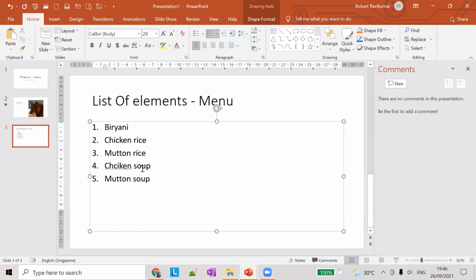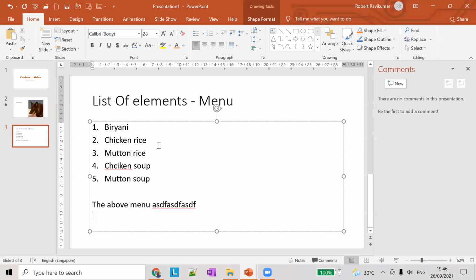If you don't want to add any new list item, all you have to do is press Enter and then press Backspace. If you want to delete the 6, press Backspace, and then it will be out of that list of elements, and you can add your text in a normal way here. So this is how you exit from a numbered list or a bullet list.